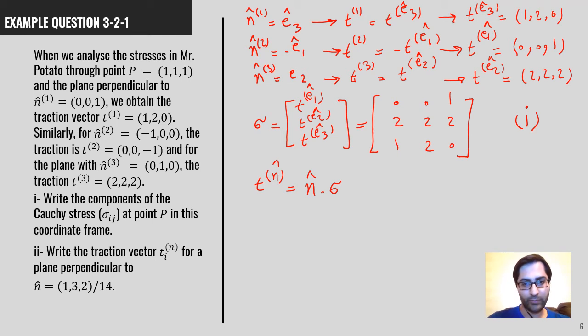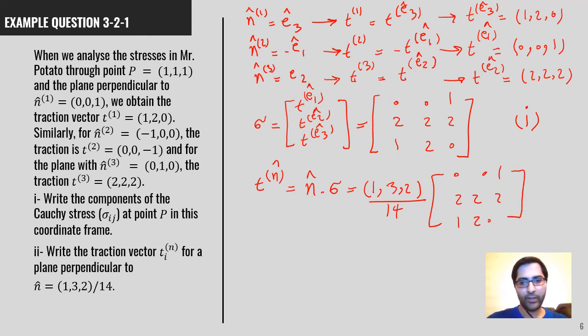So it is basically 1, 3, 2 divided by square root of 14 multiplied by 0, 0, 1, 2, 2, 2, 1, 2, 0. I've already calculated that, and it becomes